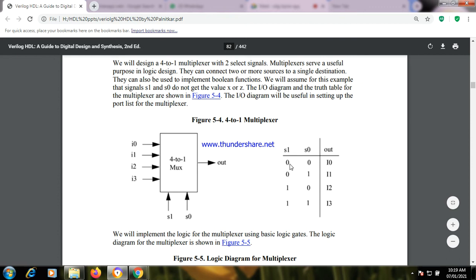So select lines can have 0 0, 0 1, 1 0, 1 1.